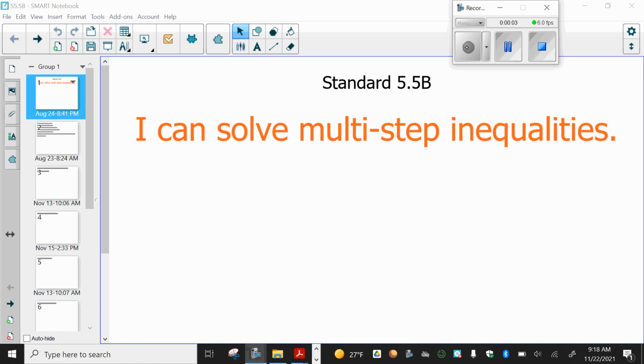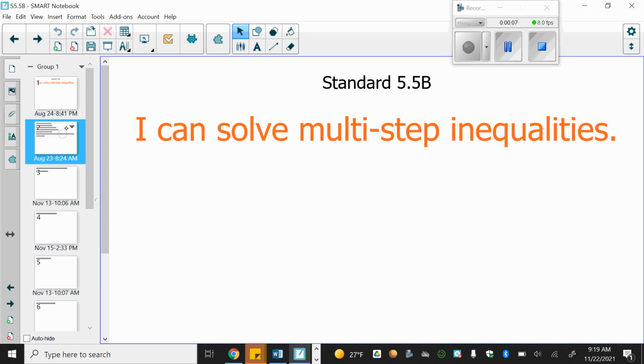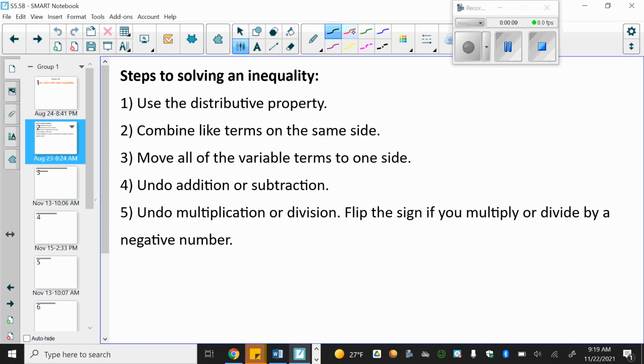Hello, here we have 5.5B, day 2 of solving multi-step inequalities. Here's our list of steps. First, we're going to start with distributive property, look for parentheses. Two, we're going to combine like terms by staying on one side, doing what the signs say. Three, we're going to move all the variable terms to one side, and then four, immediately we're going to move